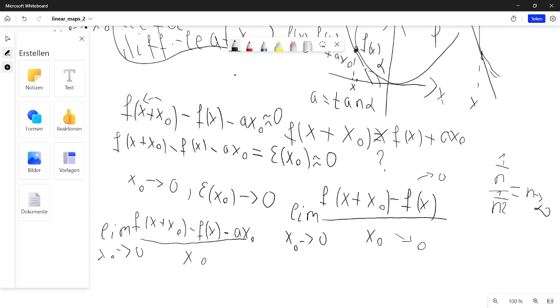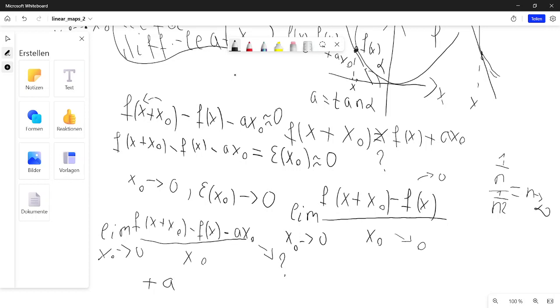And this limit would also exist. And if we just have that this goes to 0, we have already discussed that here, and this goes to 0, and it does not say anything about this limit. So it does not say if it exists. And correspondingly, if we would have this limit exists, we could just add a to this, which is just this,